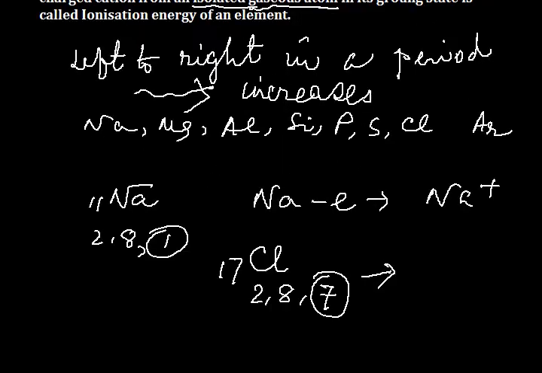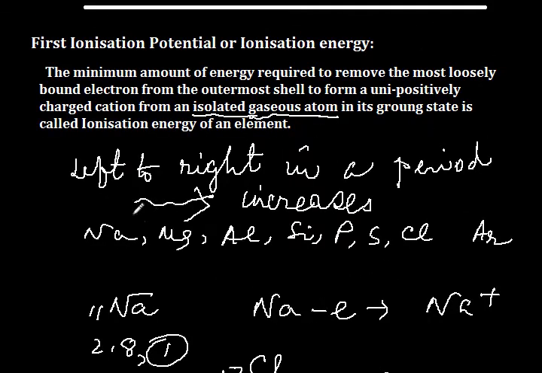We have already observed that from left to right, the ionization potential or ionization energy gradually increases. Sodium, magnesium, aluminium, silicon, phosphorus, sulfur, chlorine, argon. Regarding ionization potential, magnesium is greater than sodium, aluminium greater than magnesium, silicon greater than aluminium, phosphorus greater, sulfur greater, chlorine greater. But in case of a group,